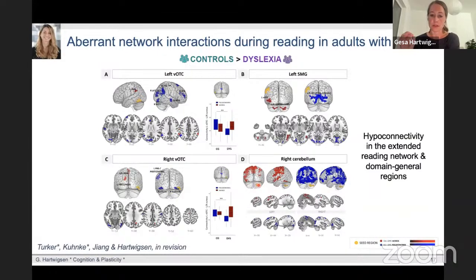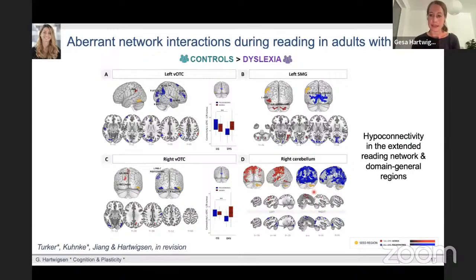And what I find currently most interesting is the effects for the right cerebellum. So the right cerebellum shows just massive hypoconnectivity with almost the rest of the brain, as illustrated here, particularly for pseudo word reading. And I think this is interesting because some studies already suggested maybe the right cerebellum has a special role in dyslexia. And we see that it is underactivated, so it has less activity and also less interactions with the rest of the brain. And these differences in the connectivity are also related to worse performance. So they seem to be behaviorally relevant.